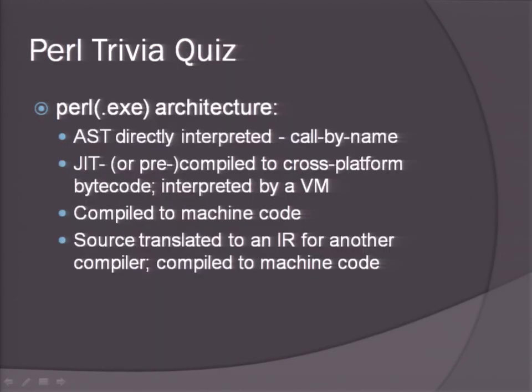So here's a bit of a trivia quiz. A couple of questions, really. One of them I don't know the answer to, and I'll be asking the audience for it. But first, don't shout out yet, just vote on the answers. The architecture of the Perl implementation, as it's built: which one of these four options most closely describes its implementation?